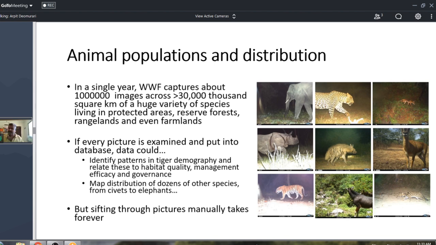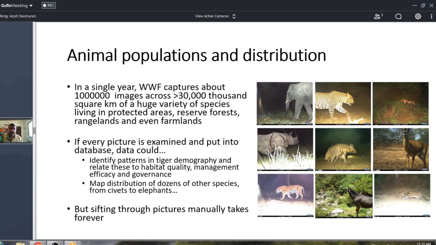From that image, we identify which particular tiger it is, how many tigers, leopards, hyenas, rhinos, all different animals, birds. But it has to be done individually. So in one session, on one survey, it is normally 3 months with a 14 days on-off interval, and you get millions of images.